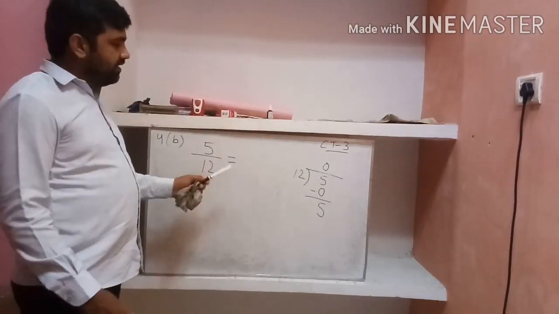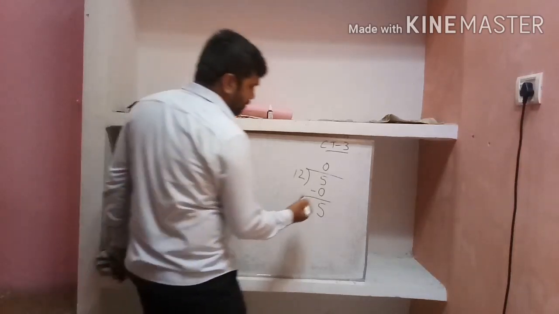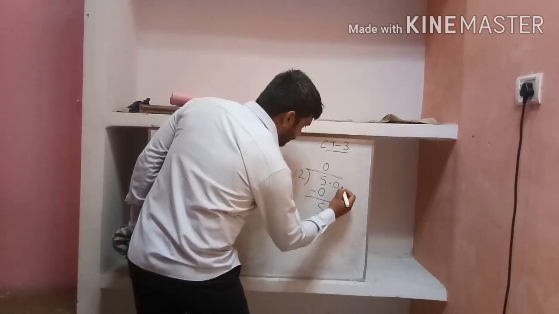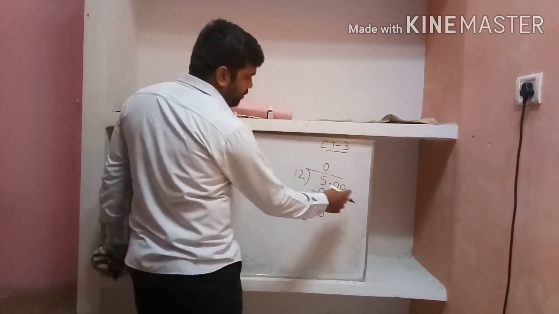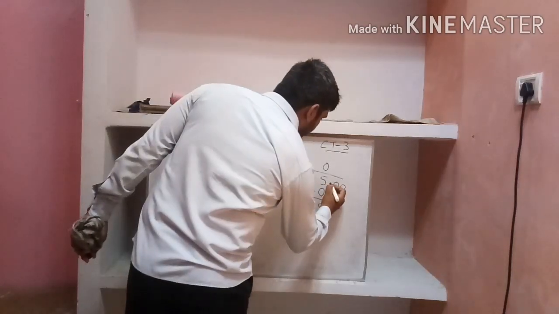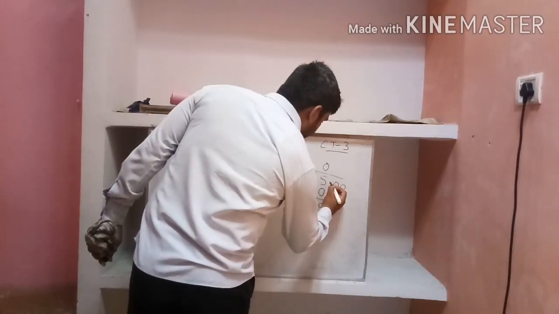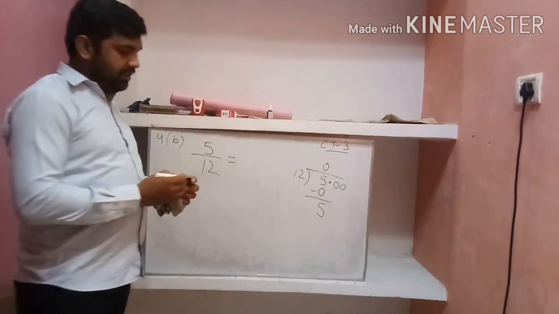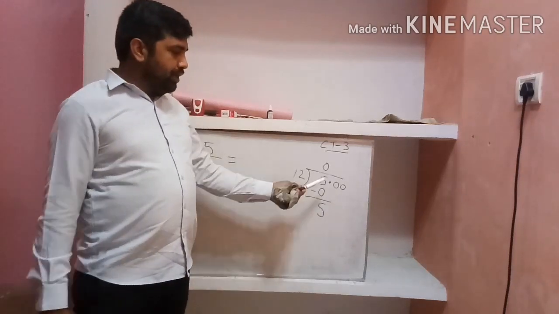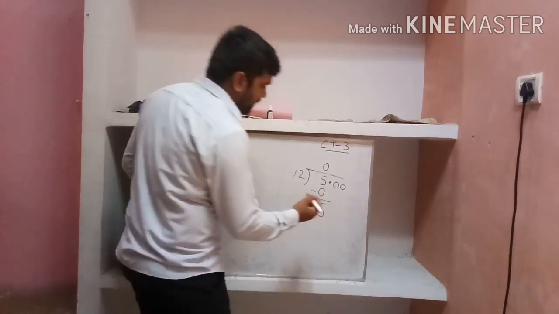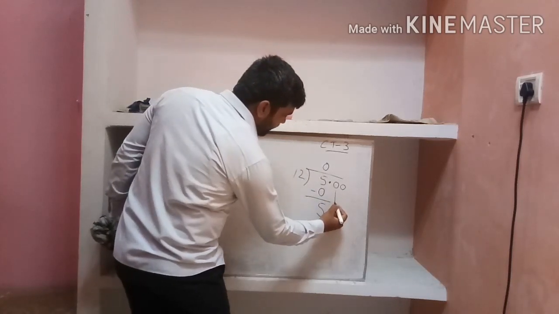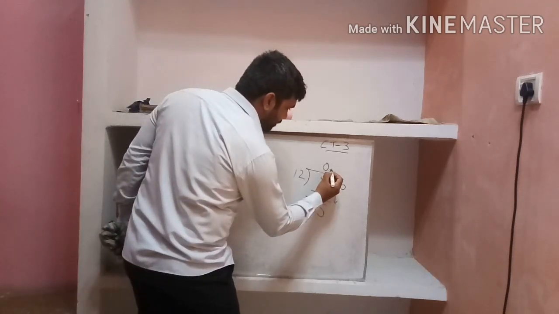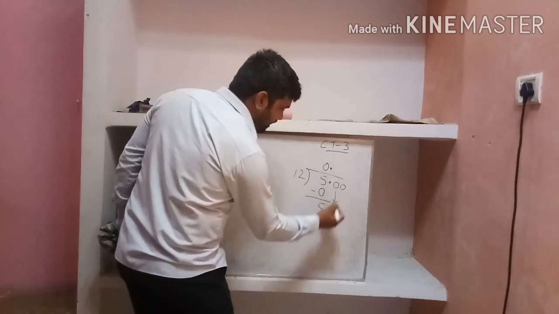But I wanted this answer in the decimal form. So you can write 5 as 5.0. If you want the value in two decimal places, put two zeros after the decimal: 5.00. So in the dividend you got two zeros after the decimal. Now this first 0 I am going to bring down, the digit after the decimal. So put a decimal in the quotient also. So first digit I bring down.